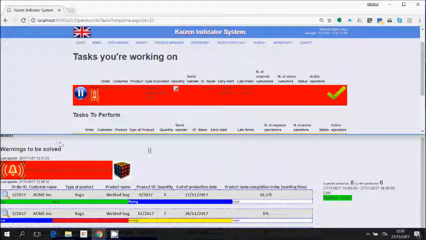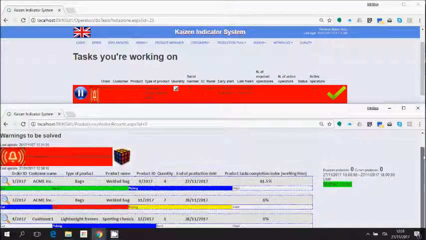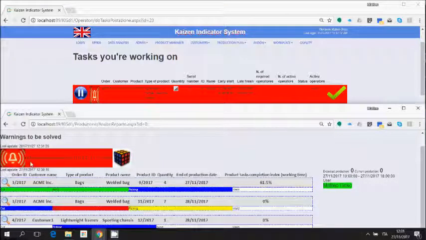Also, we can see that on the Andon we have a warning with information of the department, workstation, user that told there is a problem, and also the date and hour of the notification of the problem. So remember that Andon is a screen to be shared with everybody, so everybody can see that there is a problem in a workstation, and in this way the responsible person can go and check the problem and eventually